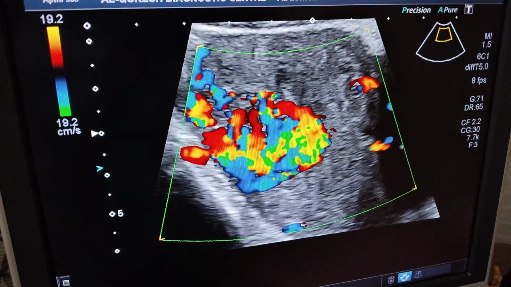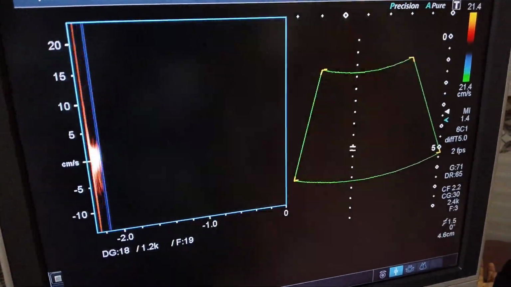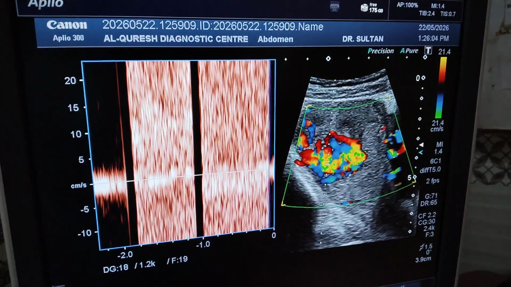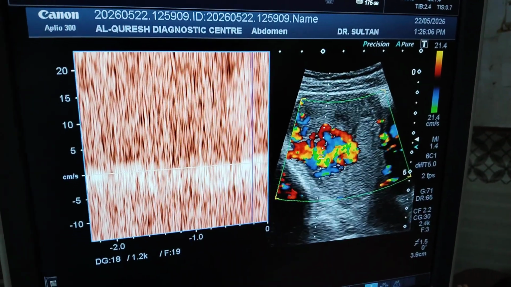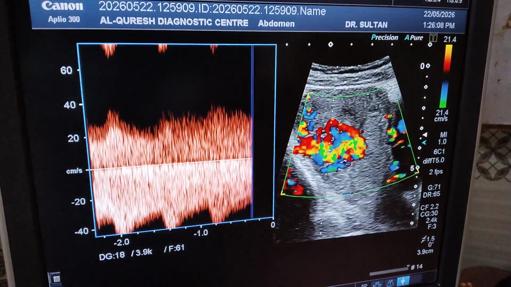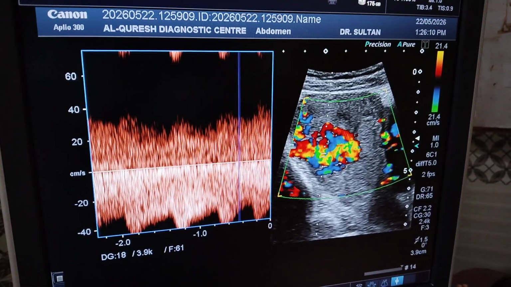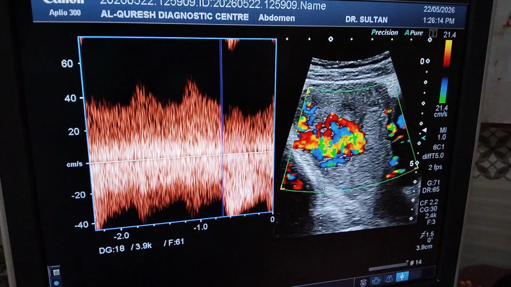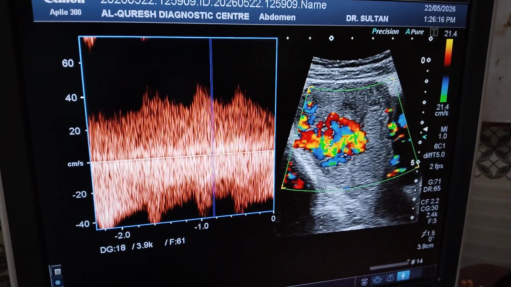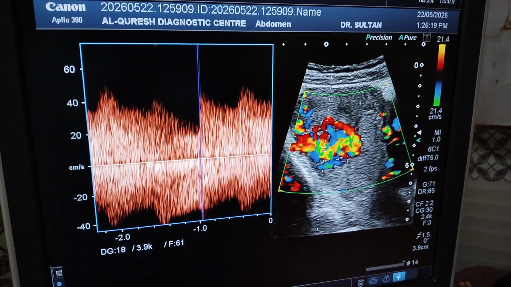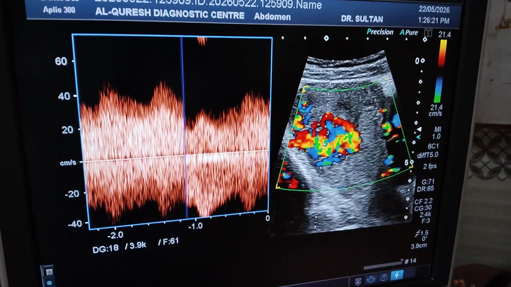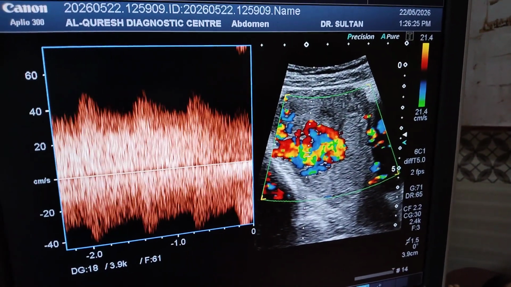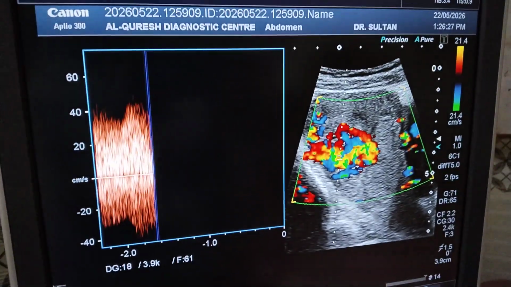these arteries and veins communicate with each other with no capillary bed, due to which the pressure within the arteries as well as within the venous channel is increased. Blood flow, blood velocity is increased, and as we know that venous